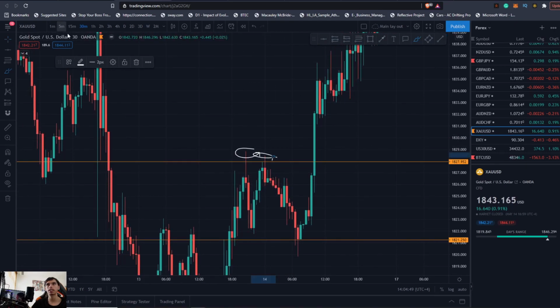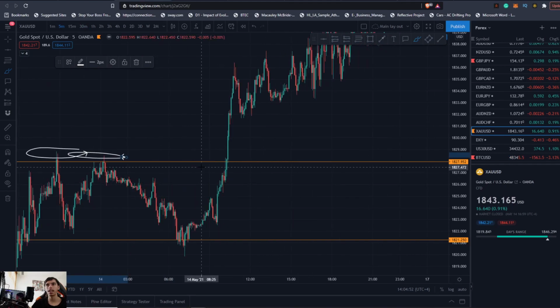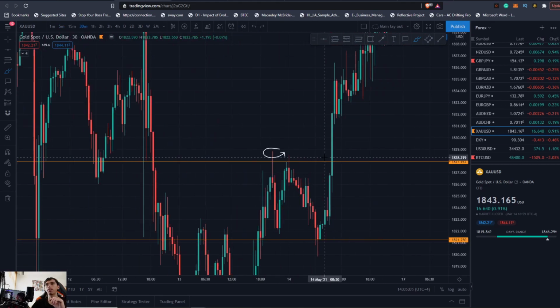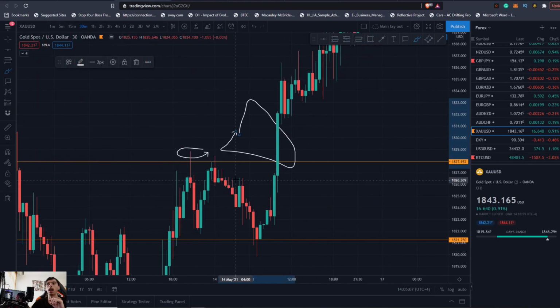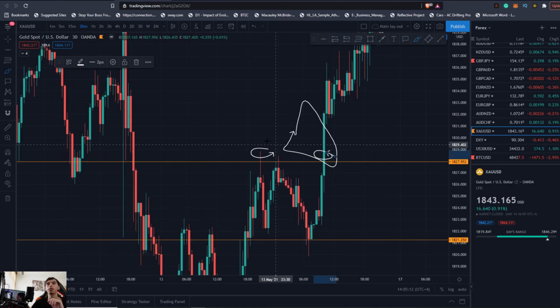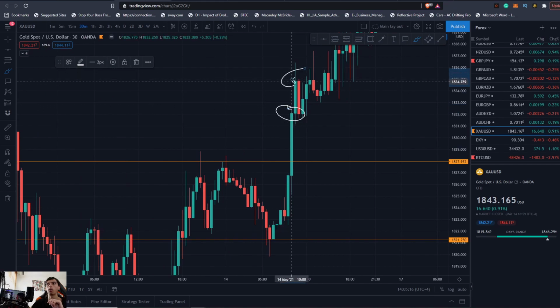advanced and understand how structure works on the 5-minute, when you're starting to flip this type of entries up here. When you start understanding that, that's more advanced, and we won't cover it in this video. When you start seeing this type of stuff, that's how you're going to catch these moves. But otherwise, what you do want to wait for is a closure, and obviously you didn't get a closure, and this is where you probably start FOMOing, you go buy here or buy here, and then you get a nice correction here, and you know how volatile gold is in terms of pips.